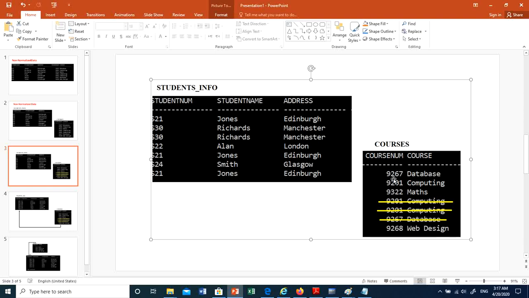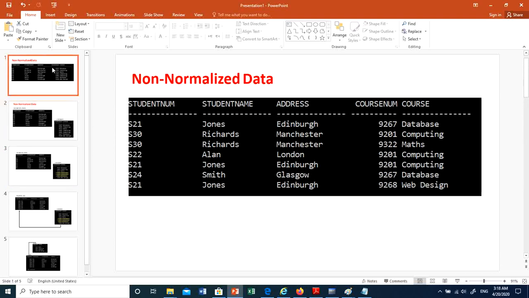Okay. Now, but how do we relate them? How do we know who is registered in which course? Which student is registered in which course? How do I know which course Jones is registered in? Or Alan or Richard? So in this case, because the course number here is repeated many times, because students are registering in them multiple times,